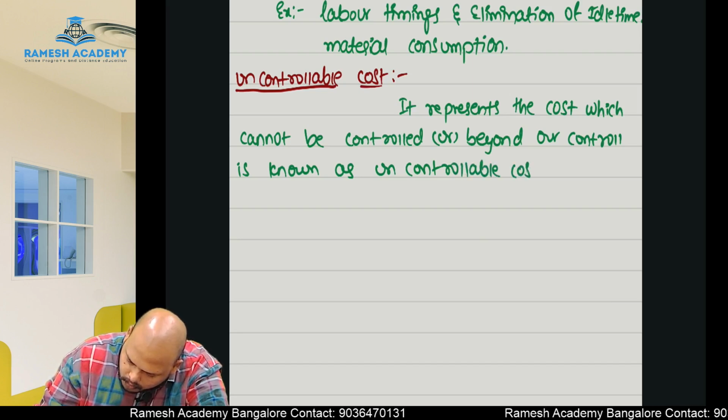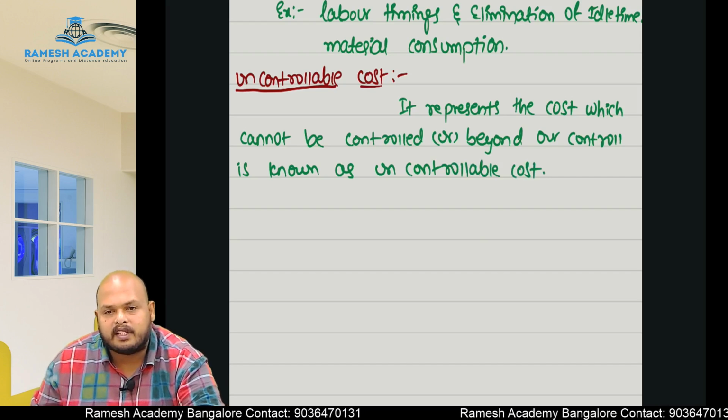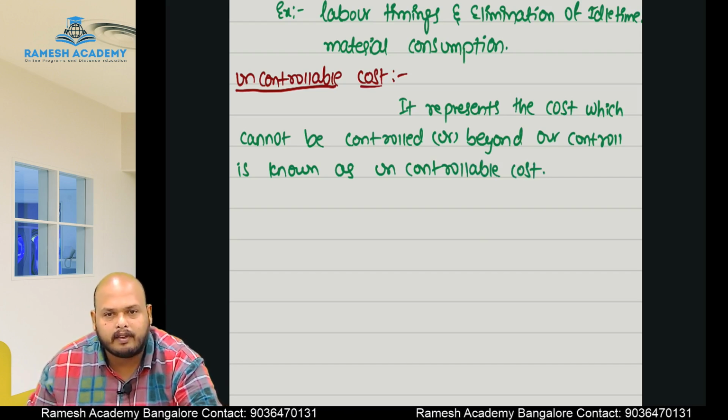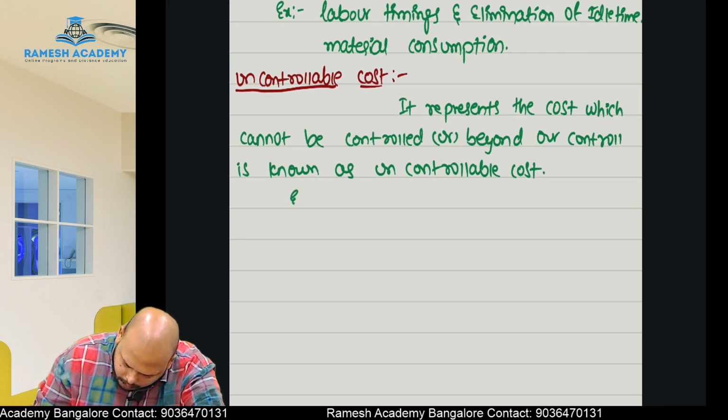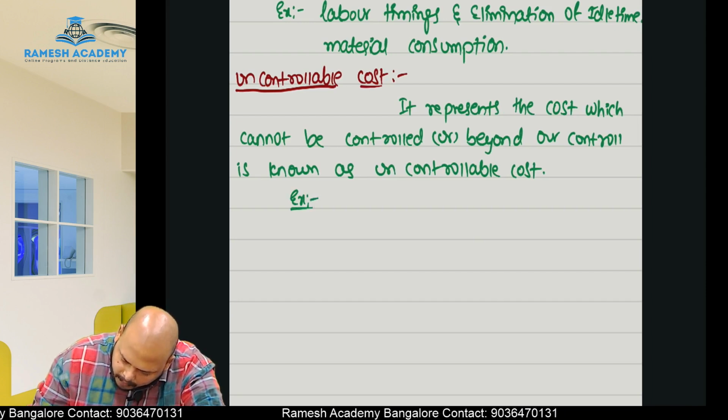So it represents the cost which we cannot control, otherwise it is beyond our control. That we will call uncontrollable cost. Example for this is